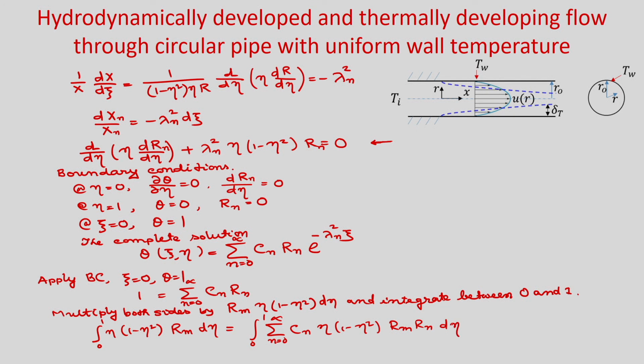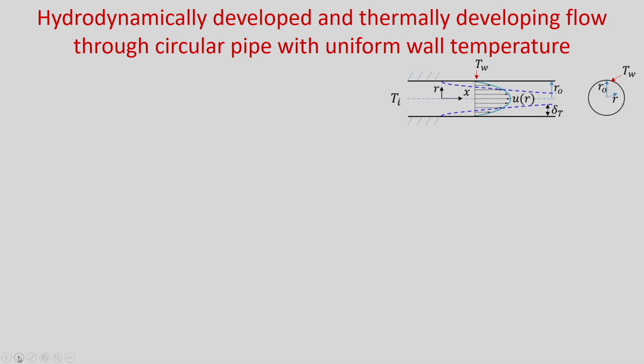Now use the orthogonality condition. On the right hand side you can see the summation n is equal to 0 to infinity. In this particular case, if you apply the orthogonality condition for this Sturm-Liouville equation, all the terms will become 0 except n is equal to m. For n not equal to m, the integrals will all be 0. So, if you keep only n is equal to m, then using the orthogonality condition,